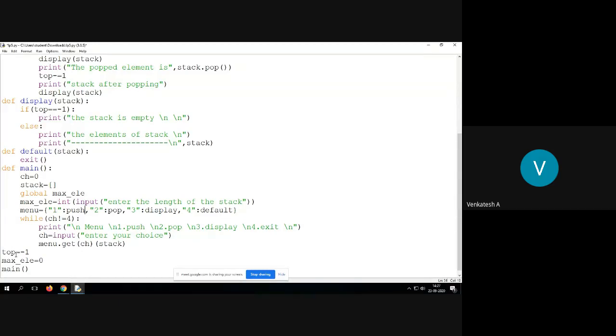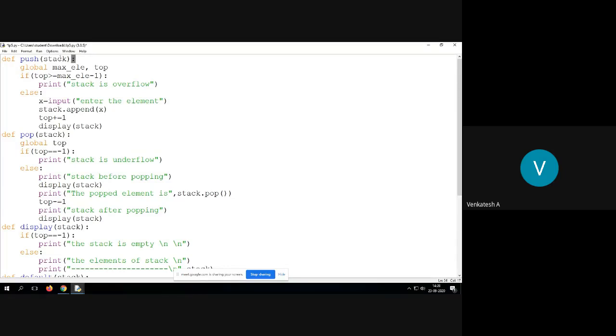So you can observe here, for push I have not put double quotes. If I put double quotes for push, then it becomes a string value, isn't it? Now push has become a string value. I don't want to consider that as push. Instead, if you enter 1 here, it will come to the key 1 and it should execute the push function. Now this will invoke the push function. Now control will come here.